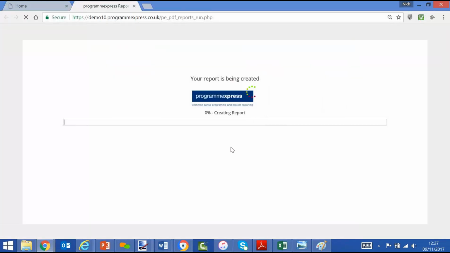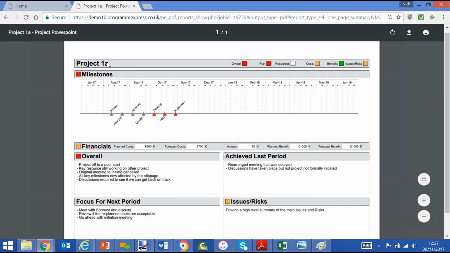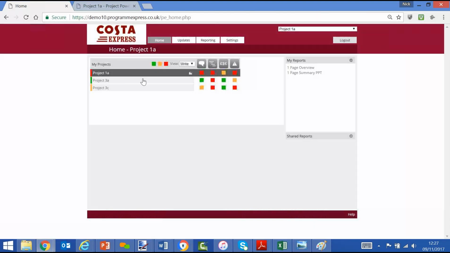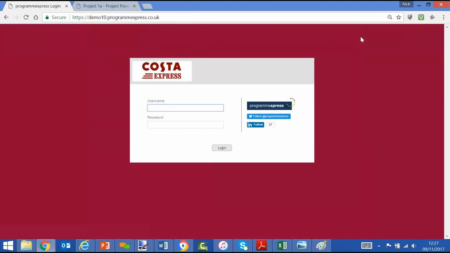Now, this report is plan on a page that drops down nicely into PowerPoint. So automatically we've got the project, we've got the RAG status, we've got the timeline, some financial information, the commentary threads that have been configured for this specific report. So simple experience for the project manager or the data inputter or the user, same home screen, but just a different view. So if you log back in as the administrator,